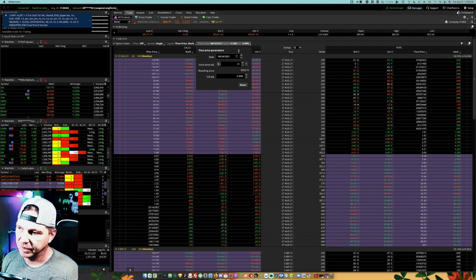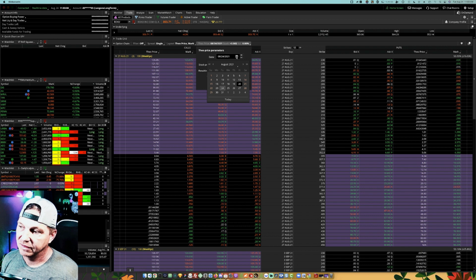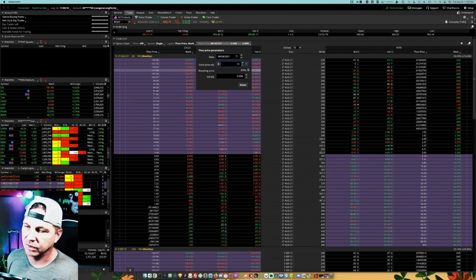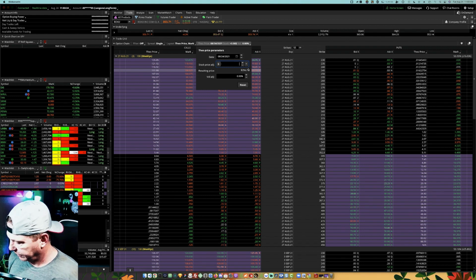It pulls up a dialog panel. You want to go ahead and click on the date that you're looking at. I'm looking at today's, right? Then at this point, what you can do is say, if the stock were to, and this is good for increasing or decreasing price action, if the stock were to decrease, let's say,